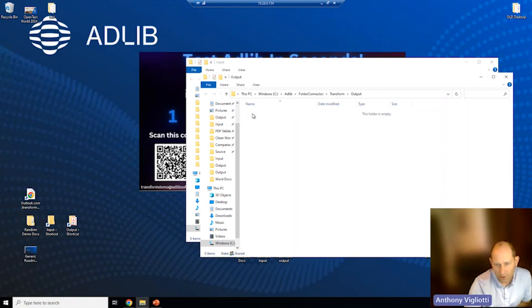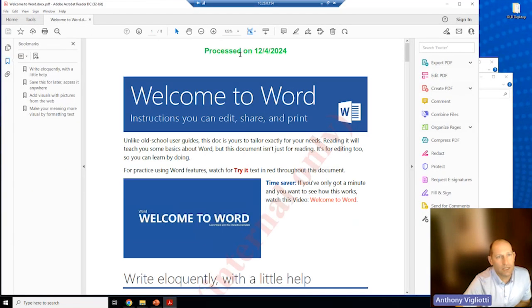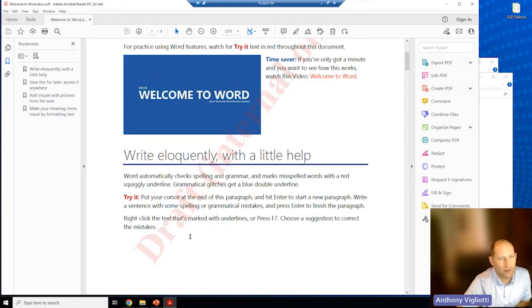We're still doing the hyperlinks and bookmarks, but what we now have added is that header, which has now received or processed on today's date, which is 12/4. And then we've also added the watermark, which should be draft internal use only. So that document is now here. As we open it, you can start to see that in that green, we had processed on 12/4/2024, which is today's date. And we put the watermark in here. It says draft